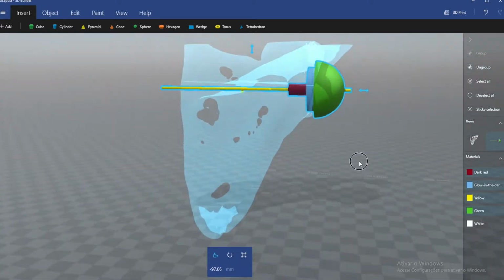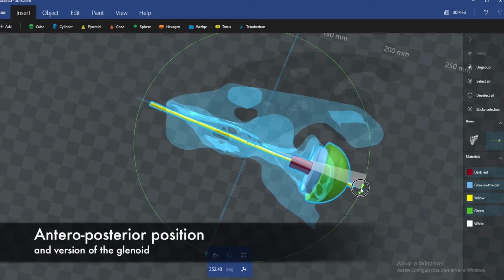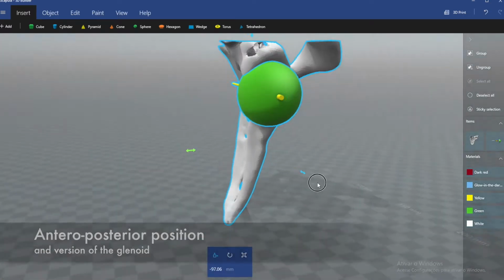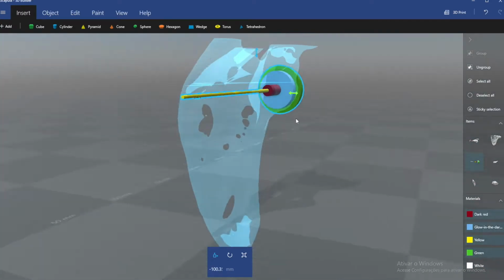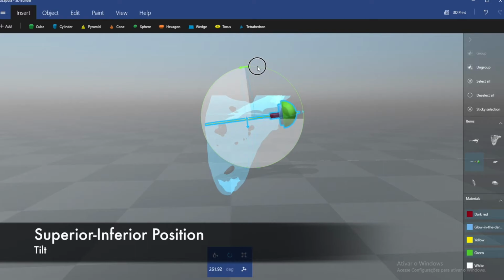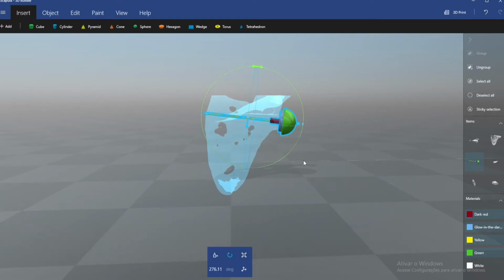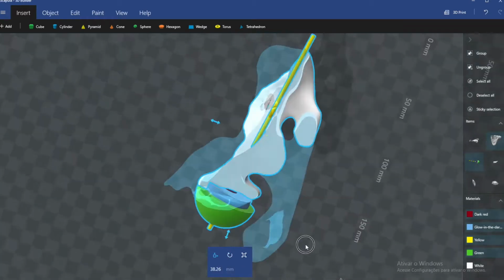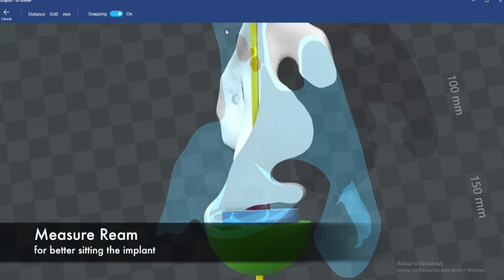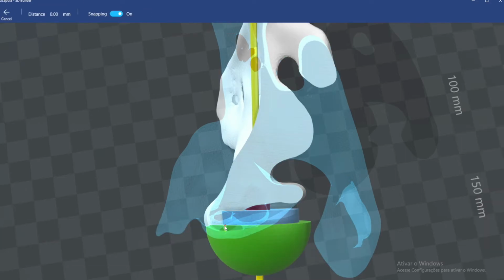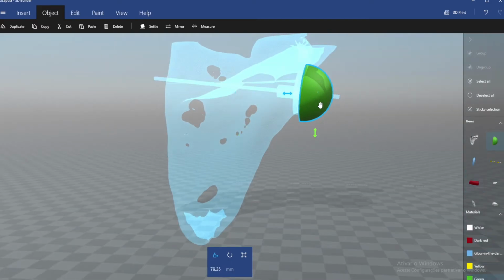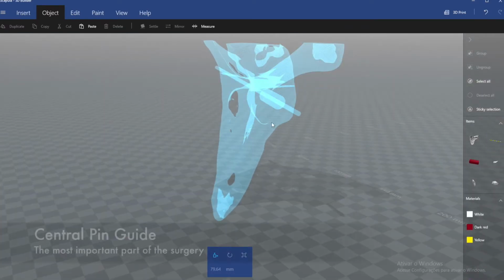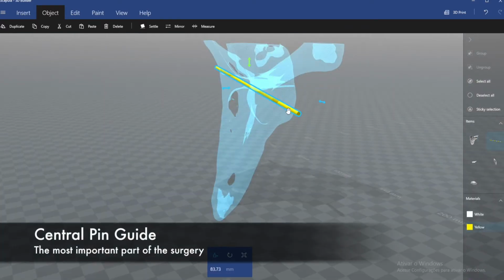We must check our anterior-posterior position in order to address the glenoid correct version. Adjust the inferior position and the inferior tilt, whatever you think is the best for you. The next step is to know how much we are going to ream to have the glenoid version corrected. You can just measure how much is needed for that step. We suggest double checking everything, and now we can delete our implants and have just the central pin guide, which